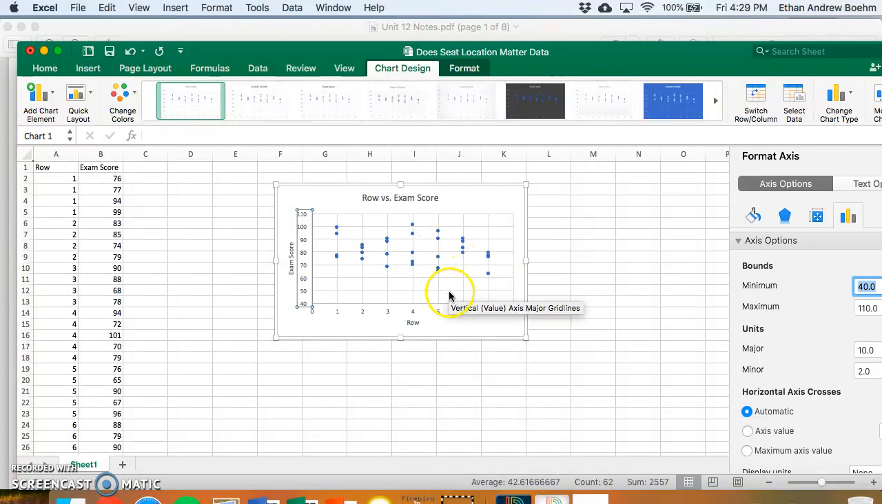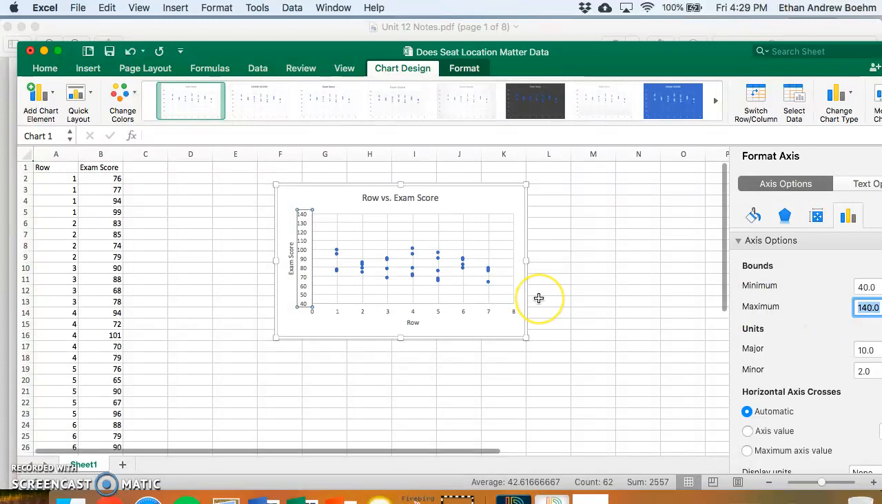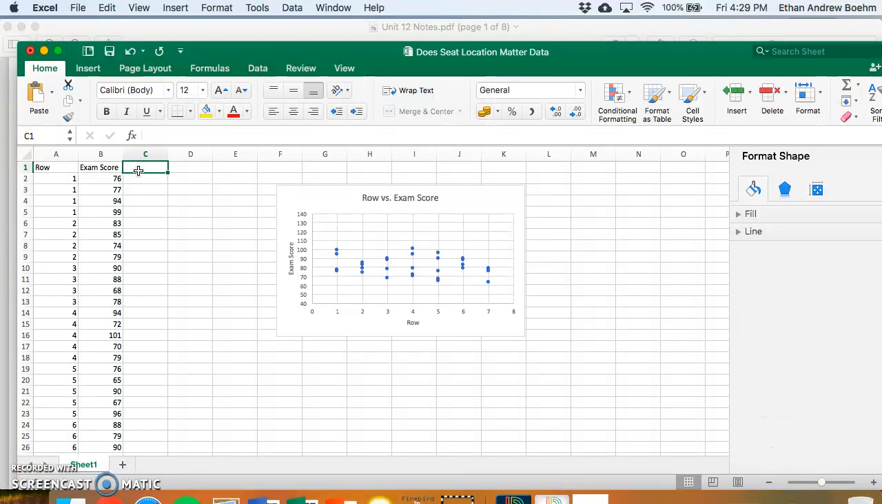I'm leaving a little space at the bottom. Maybe I should leave a little more space at the top. Let me go up to 140. Because what we're going to do is randomize those scores to each of the rows. So in order to do that, I'm going to call a third column random list. This is something that was very difficult to do in Fathom